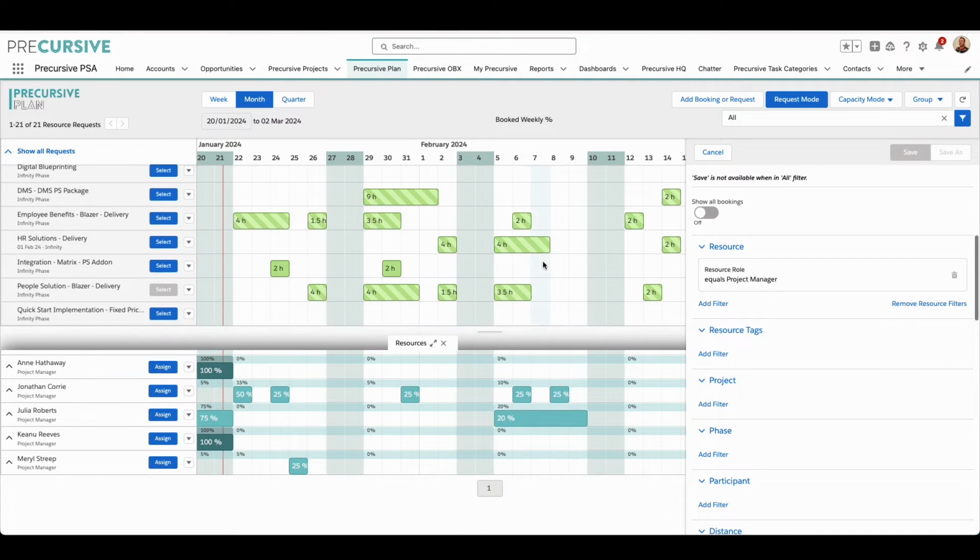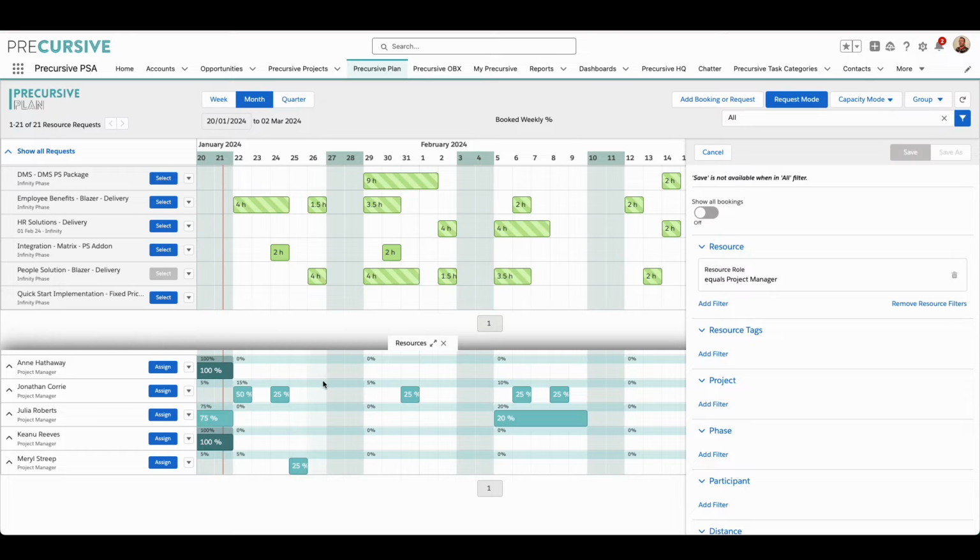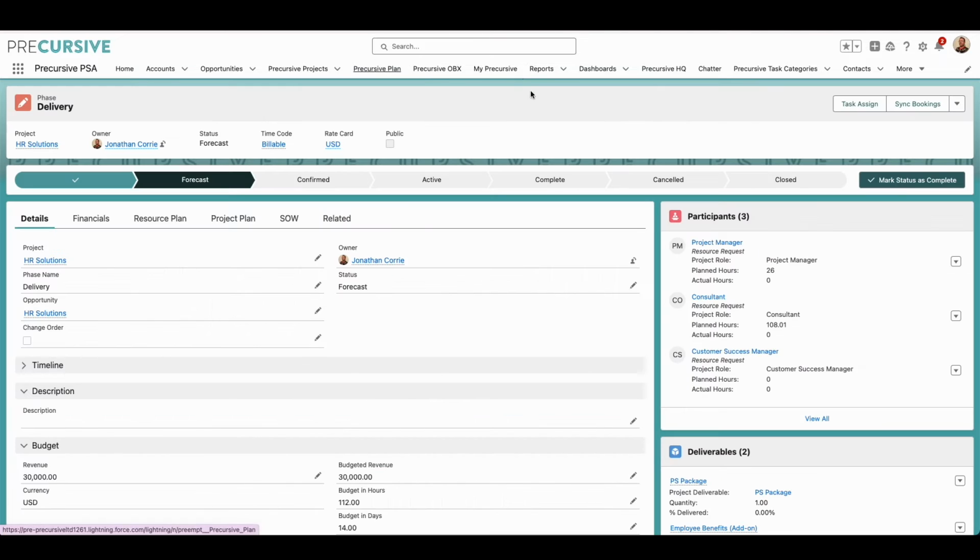So we can see here we've got the different positions. So I go through one by one and assign these to different people if I want to. In this example, though, what we have done is we've got a specific need for some specific skills on this particular project in order to deliver